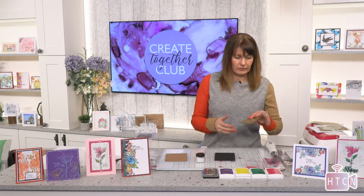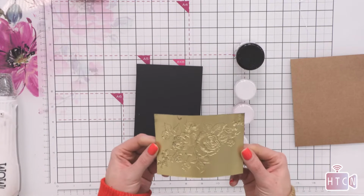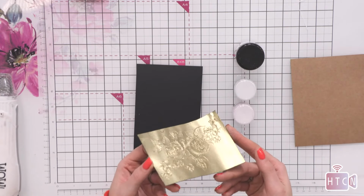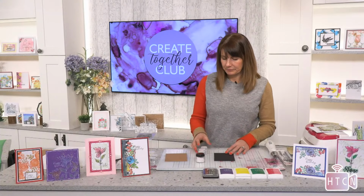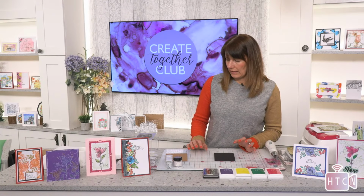Do you know what, though? If you swipe that now with a black ink pad, in fact, I'm going to do that at the end, because you know how good it looks just in black. I'm getting a bit giddy. Right, a bit carried away. Right, so let's do...